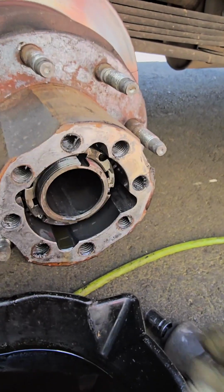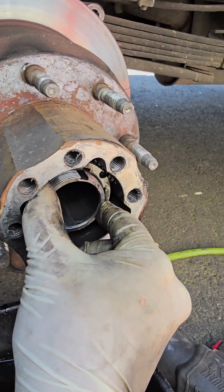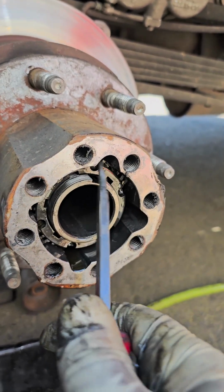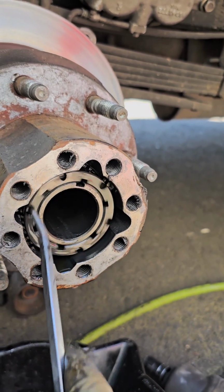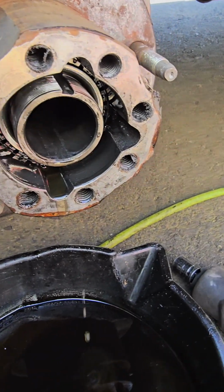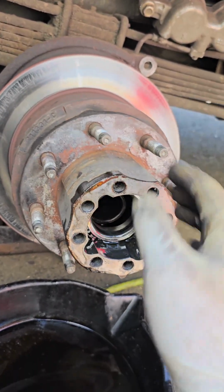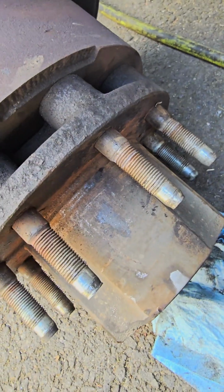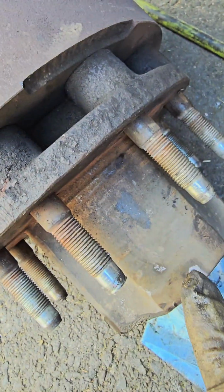Take that out. Now, make note of how tight this is. Okay? Because when you put it back in, you're not gonna try to go too crazy with this. Perfect. You need to use both hands to pull this out, and it's pretty heavy. So you can see it's loose. Let's get it out. Once you get it out, these studs are going through the rotor and the hub assembly,